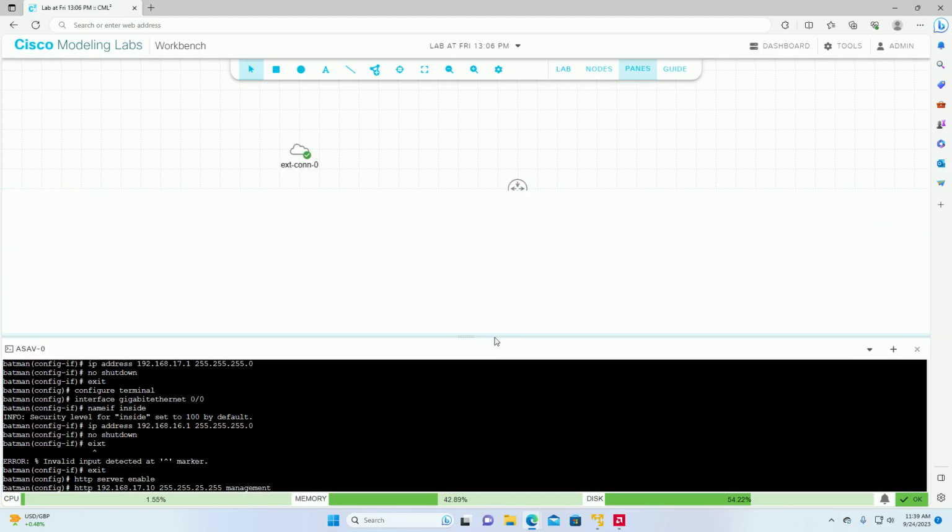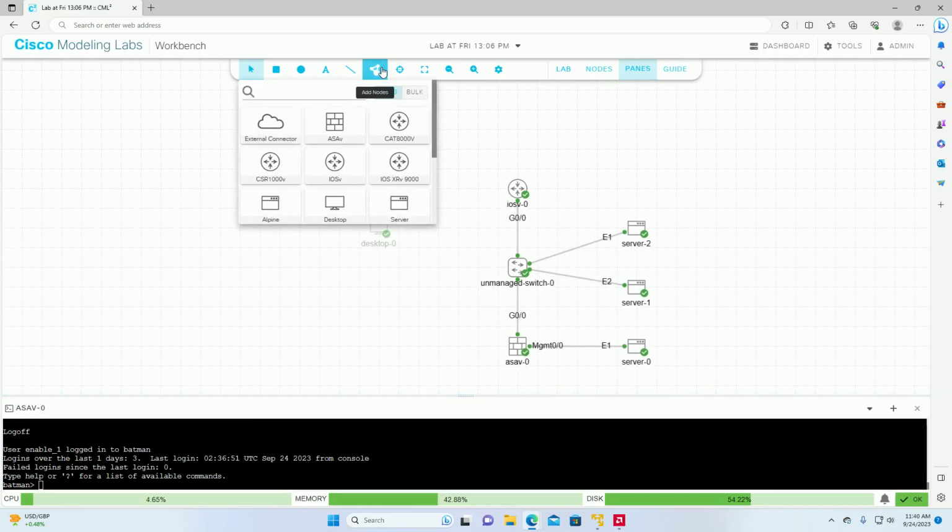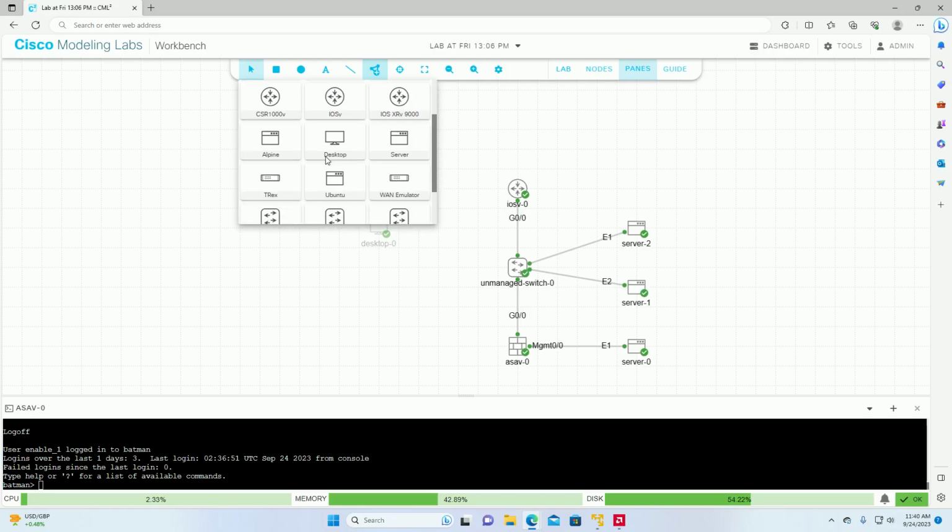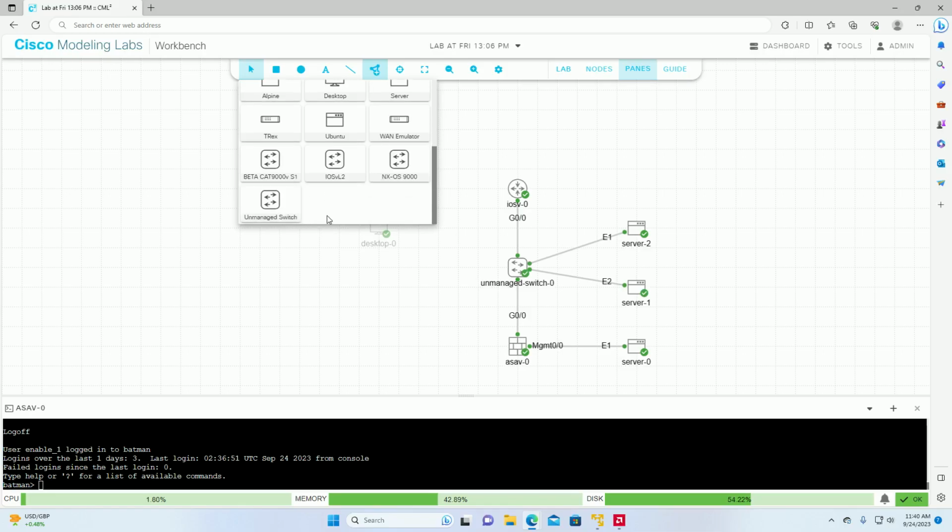For now, what Cisco comes with is all these right here. You have your firewall, your router, your servers, your desktop, Ubuntu, your WAN. It comes with a little bit of stuff, and you can actually purchase these nodes for X amount of money, depending on what you want to purchase and how you want to use it. It is a fun software. You do have to go through a lot, and you have to go through